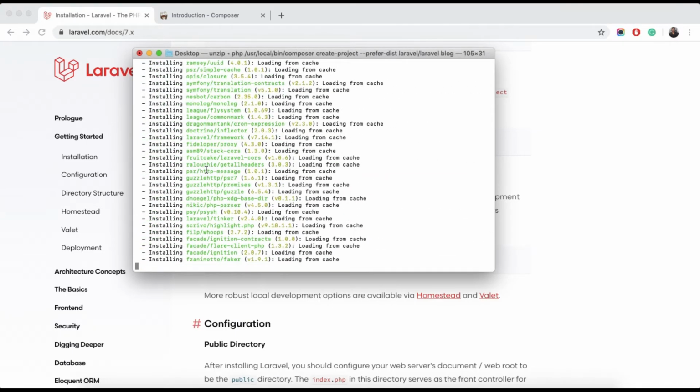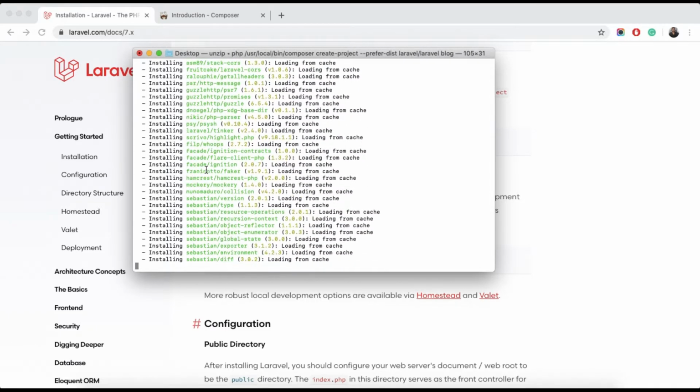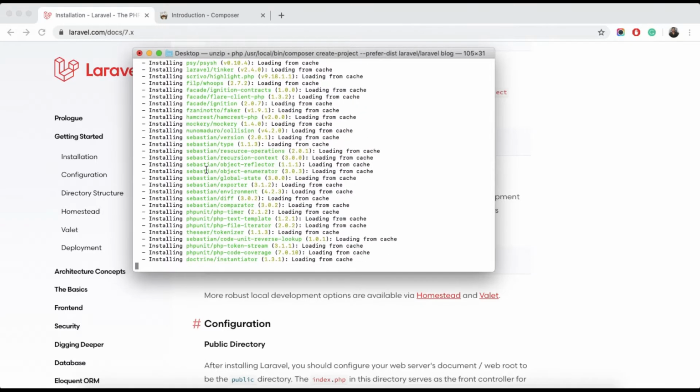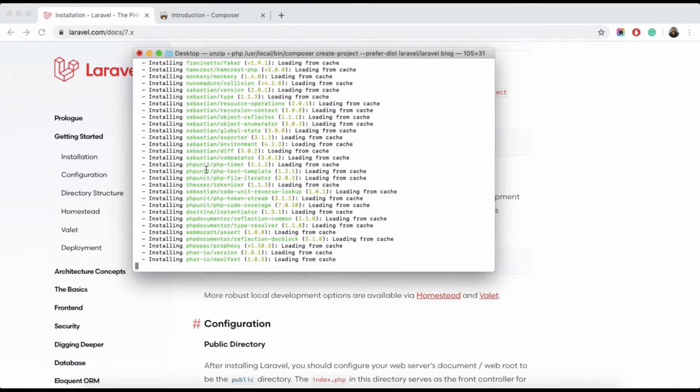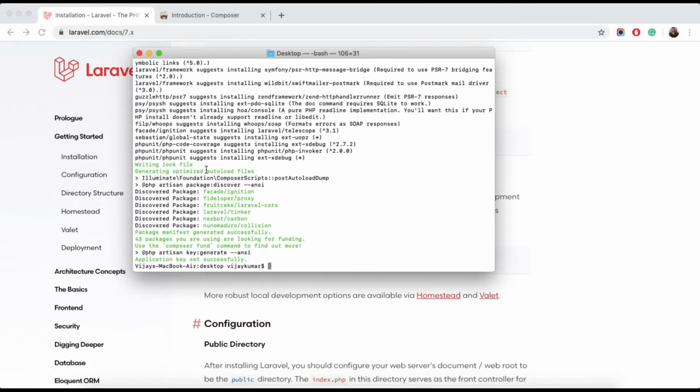One more important thing I'm going to share with you: if you are coming from a PHP background, then you must host your project under htdocs. If you have a PHP environment like MAMP, XAMPP, WAMP, there are many, we need to put the project in the PHP docs folder.